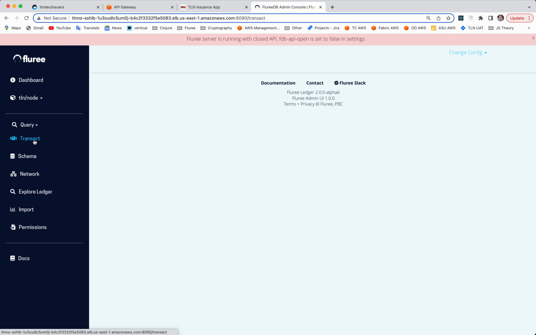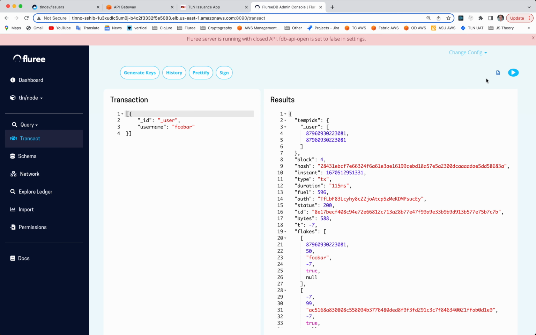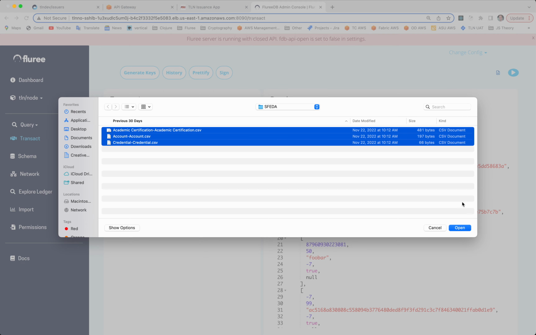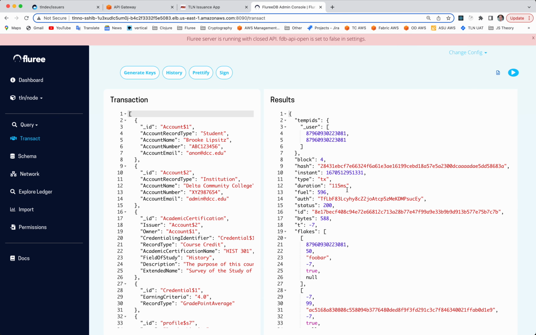As I go in and show this off, I'm going to use an import utility that is familiar with 2 vocabularies, the Salesforce EDA and PeopleSoft's most common export of data. When I say that we have support for those vocabularies, what I mean is that any arbitrary data could be dropped in as you like it. You can update and manage that data in any arbitrary format, but the TLN has gone ahead and made some